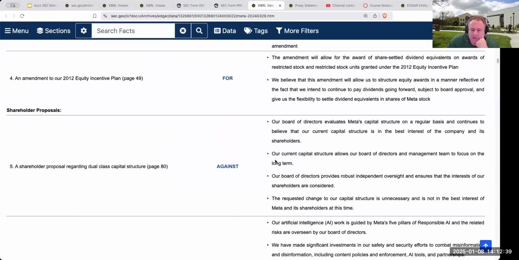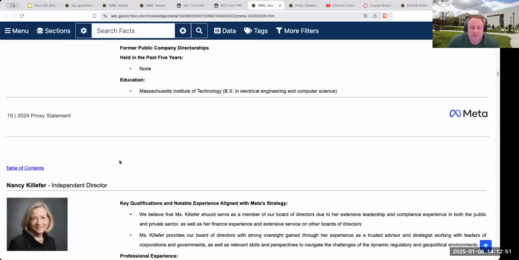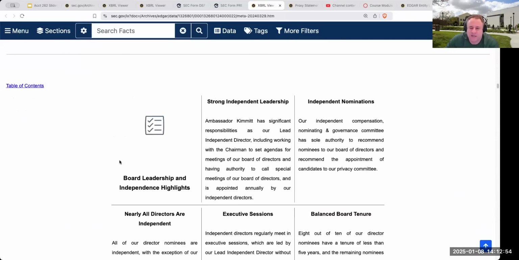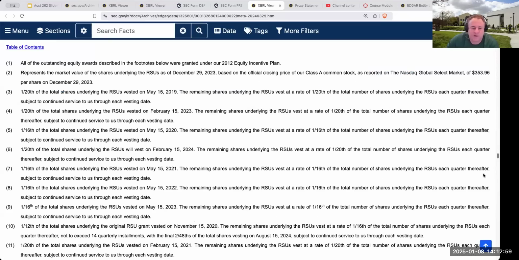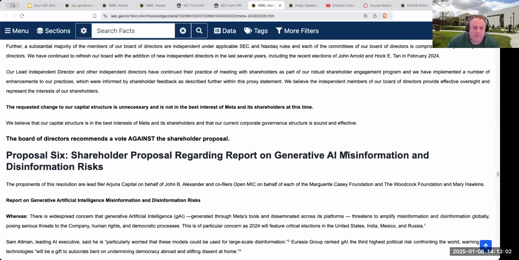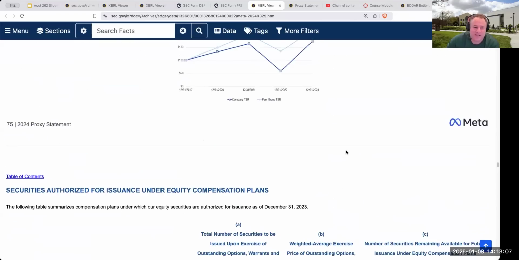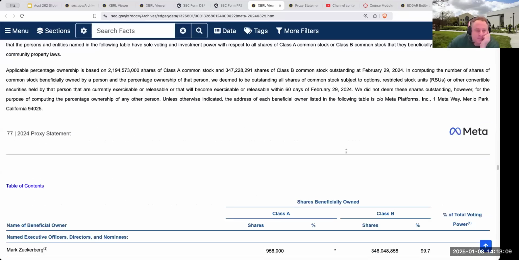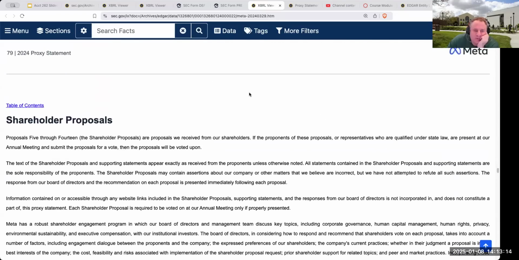So basically, this is something where the shareholders are proposing stuff. So I'm guessing what this means, and let's go through and take a look at this. It should be kind of funny. Page 80. Wow, we have to go way back here. So let's go back here. Don't buy the stock if you want to change the shareholder structure. Okay. Shareholder proposals. Okay.